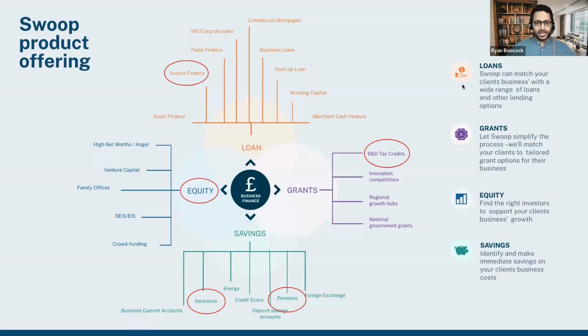But this just pertains to our UK operation, which is in many ways the bread and butter of what we do. But there are some things that you may not be familiar with that we've added in the last year or so to our roster. Starting at the top on the debt side, we've always tried to cover the whole of the market when it comes to debt. But there are some areas around cash flow where some quite innovative new products have entered the market, and some quite interesting possibilities for clients where they may not have thought there were.